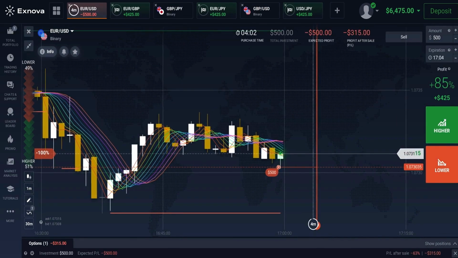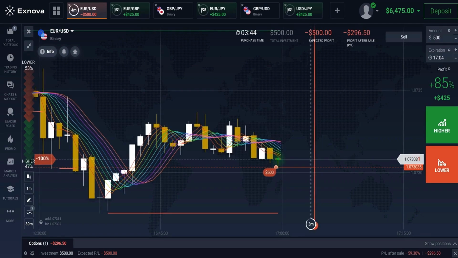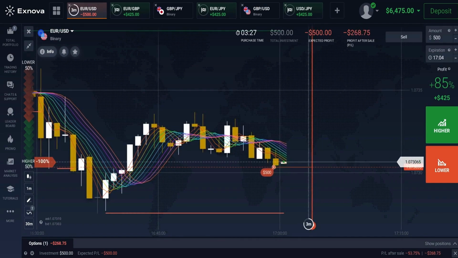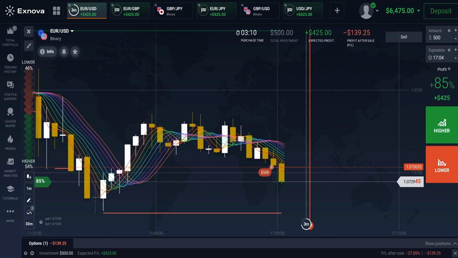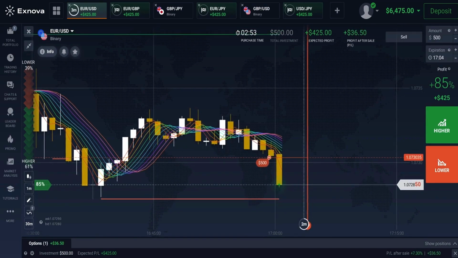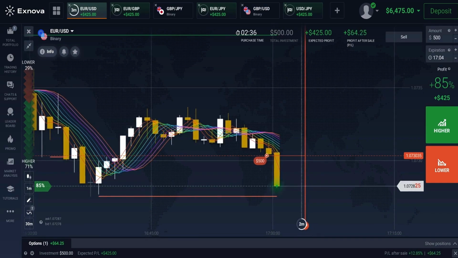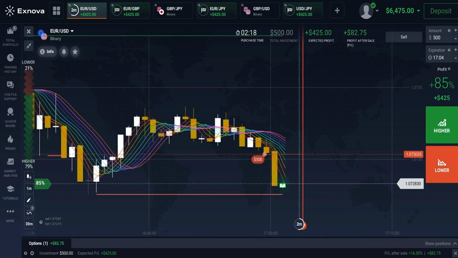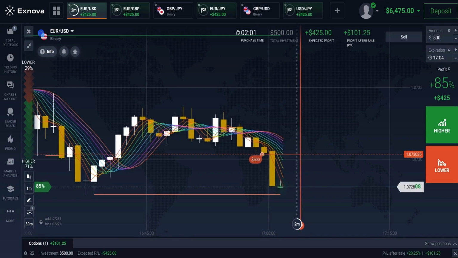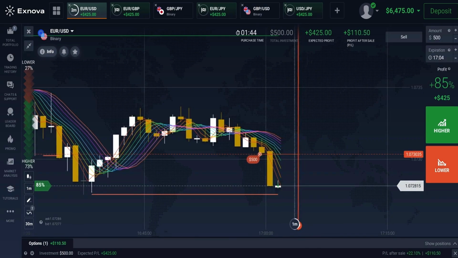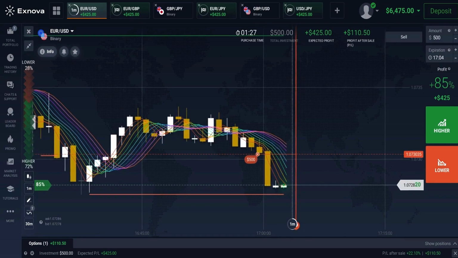Based on our strategy, this is a perfect setup for a sell trade. Here's why. The price has reversed from the resistance level. That's our first signal. All the lines of the rainbow moving average have crossed each other in a downward direction. That's our second confirmation. The candle has closed below the rainbow moving average lines, and that's our final green light